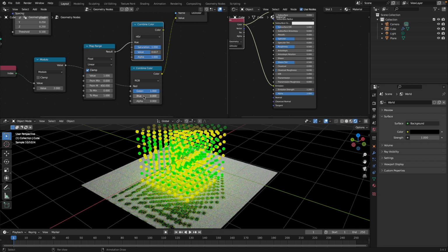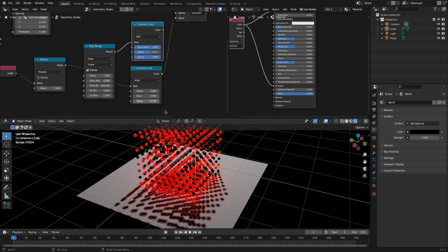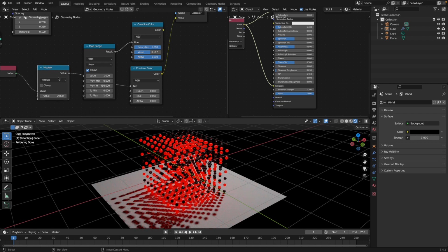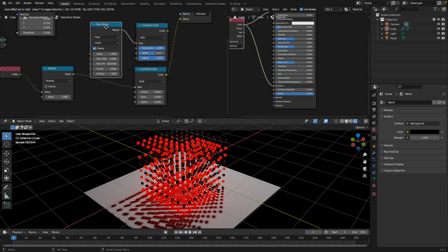Yeah, look at this. Okay, I'm using modulo to control the light, and I think